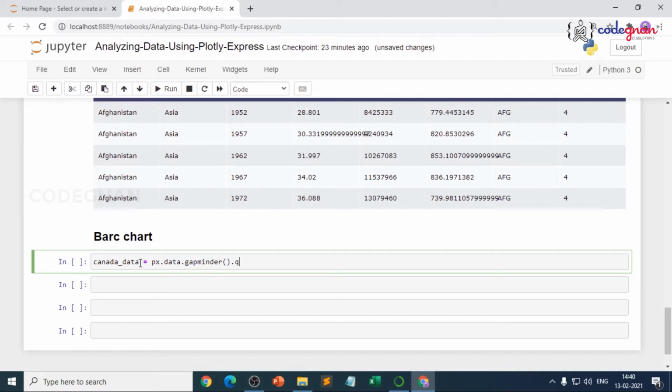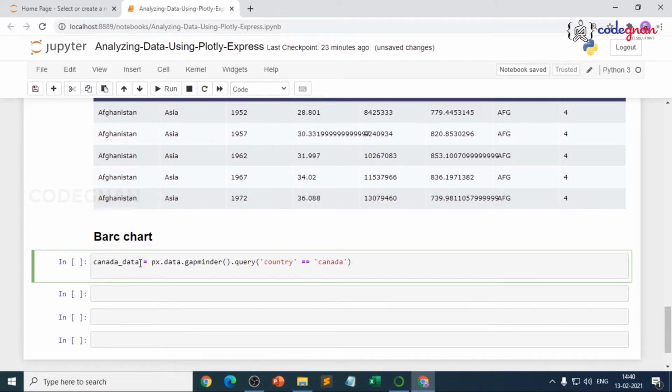So .query, and we want to query about the country. So country is going to be double equals, Canada. Now if I print this Canada_data,